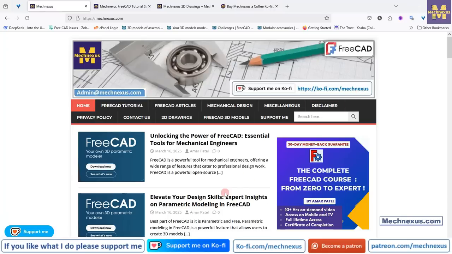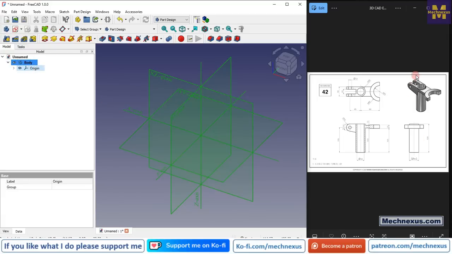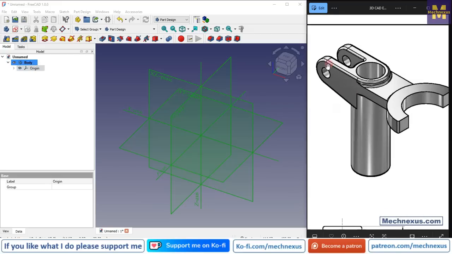So let's come back to our tutorial. So here I have created a new file and I have activated my part design workbench, and now here I will insert my body, and I will turn on my origin plane. And the first thing which we will do, if we see our isometric view, is create this profile,